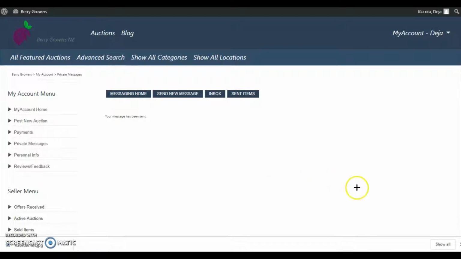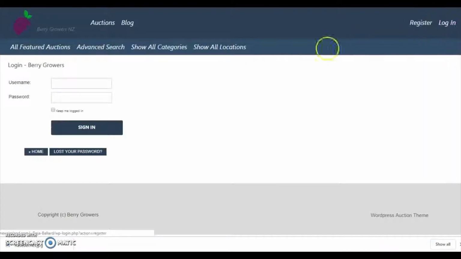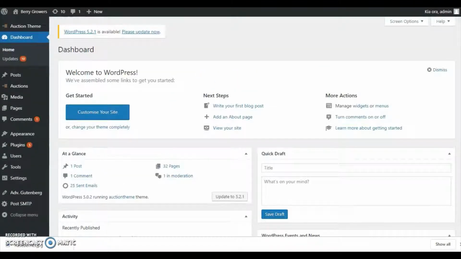Okay, and let's now switch over to the admin side of things to have a look at the background stuff. Once you're logged in with a user with higher levels, you get given more links. So we'll go to the dashboard now, and I've been using two main